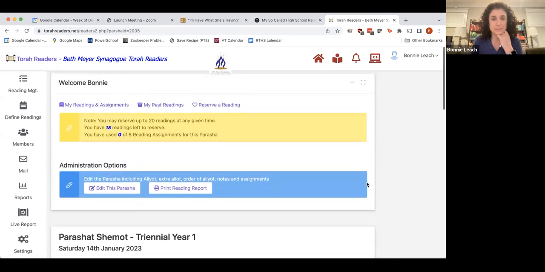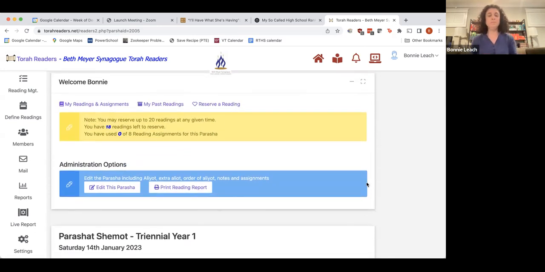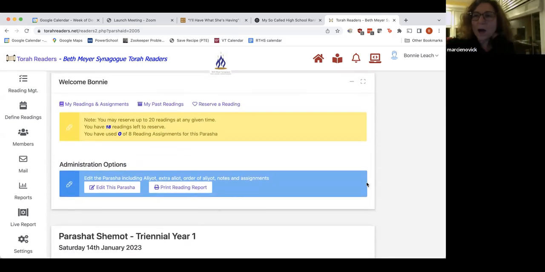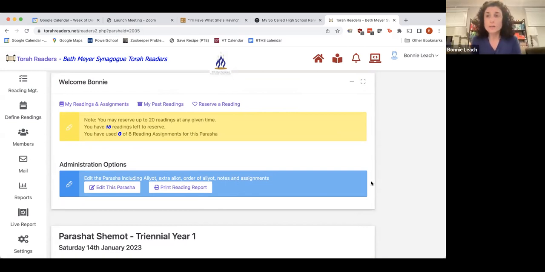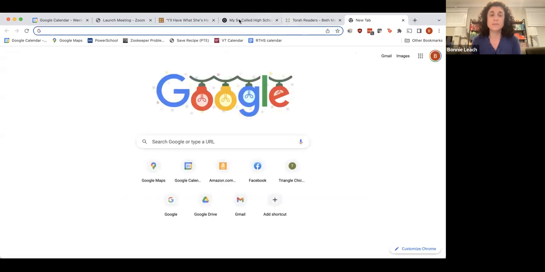All right. Bonnie, I think I'm going to need a tutorial on how to get the pictures from the Torah. Yes. Okay. This is perfect. That was the last thing I wanted to do. Any questions? I wanted to keep this to 30 minutes. Any questions about Torah readers? Specifically, feel free to email